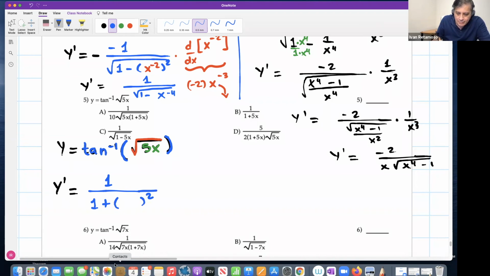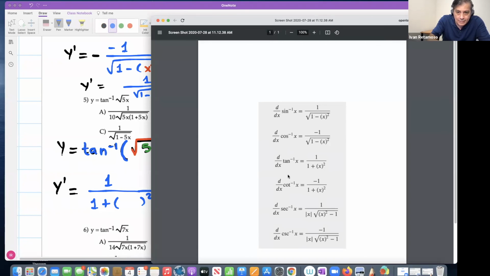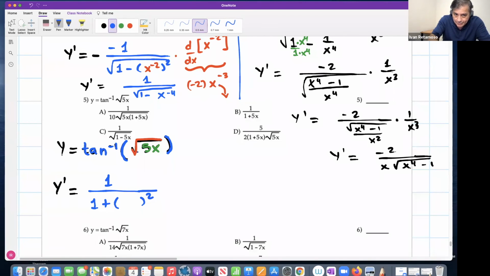Something square, Professor, how do you know? Well, I have memorized this formula, right? But in case you have not, here it is, right? Derivative of tangent inverse, I'm using this 1 over 1 plus parentheses x squared. But this x is often some other function, right? In this case, it's this function, right? Let's write it inside. So this is going to be the square root of 5x, right? Yeah, very good. Times